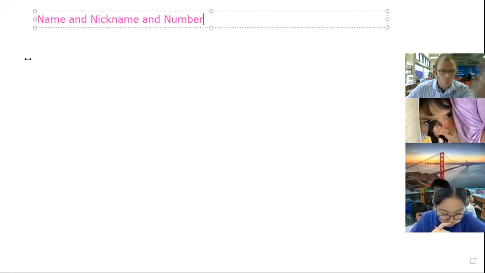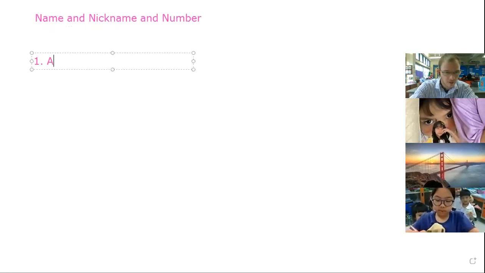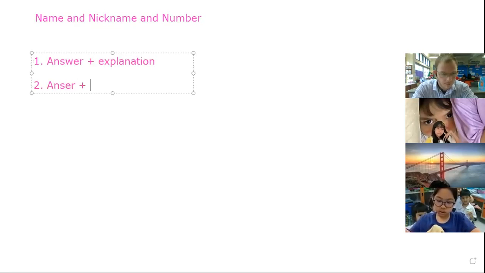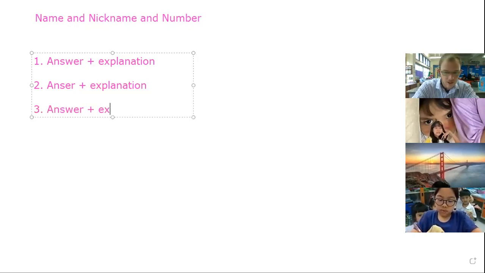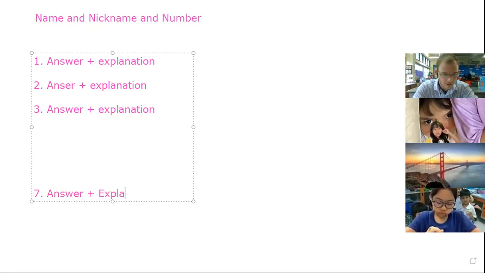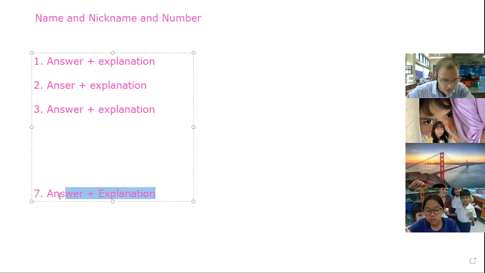And then you go 1. Answer plus explanation. 2. Answer plus explanation. 3. Answer plus explanation. You do this up to 7. You write all of them down like that. The reason why I want you to do some research is because you have to read. When you do research, we have to read. So for number 7, I will say